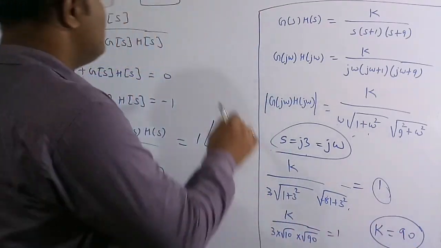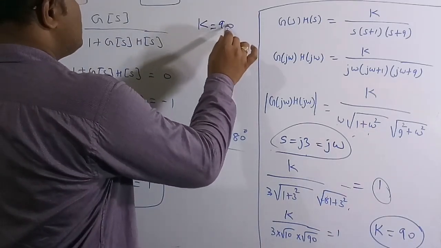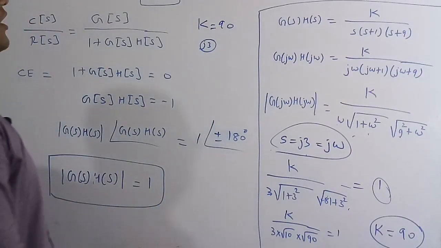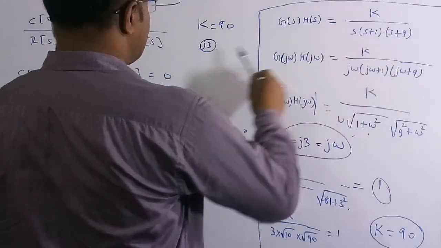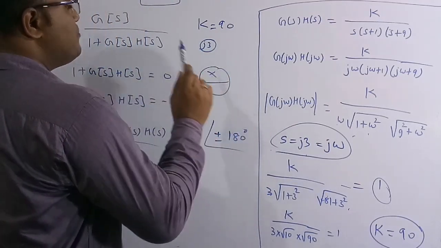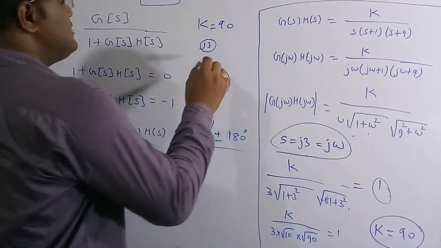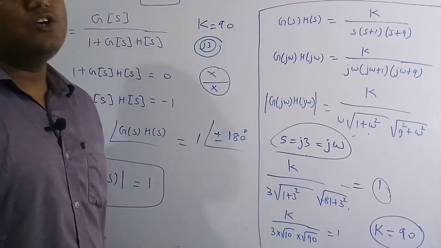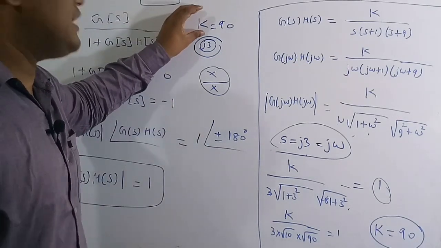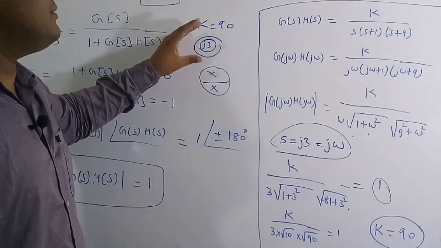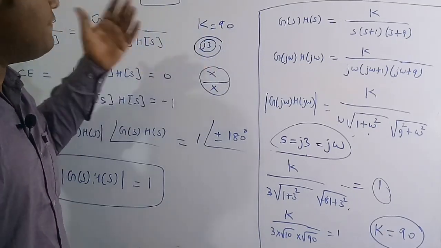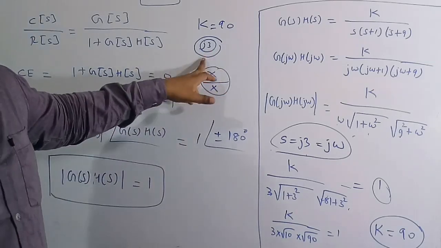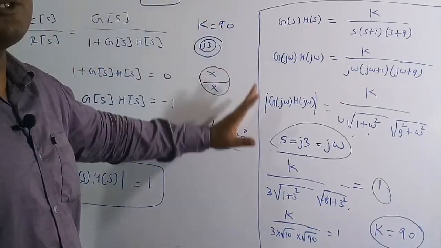So we can conclude that for k is equal to 90, one root, which is j3, is going to lie on the root locus. As it is a third order equation, the remaining two roots are also going to be present, but we don't need to figure them out. The only thing is one root is compulsory, j3, because it is going to satisfy the condition. So finally what I am trying to say is at k is equal to 90, one of the three roots will be j3, and the remaining roots we don't know, but we can figure them out by substituting in the characteristic equation. But for s is equal to j3, the k value will be 90. This is the correct solution of this question.